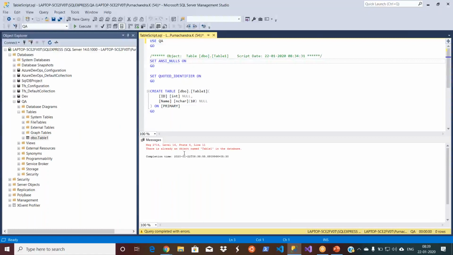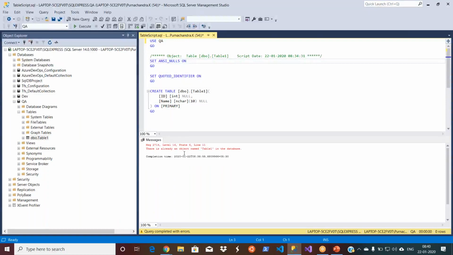And your releases get delayed. So these are all the different issues you come across when you are dealing with a manual way of database deployment. Of course, we've been used to that. Now the things are changing.